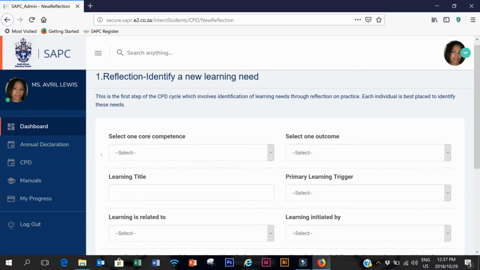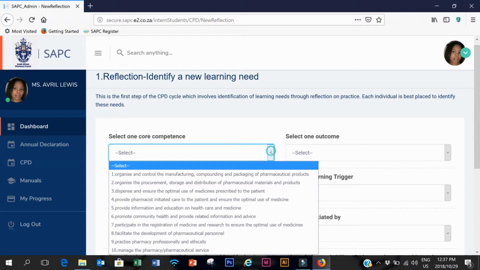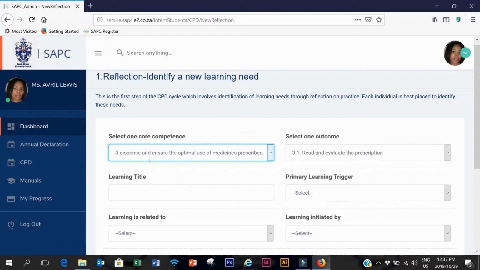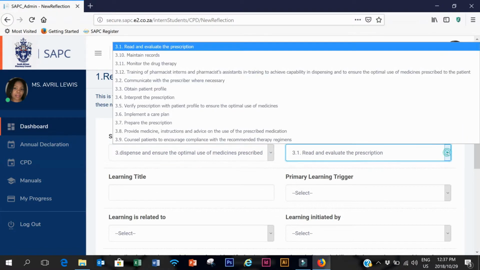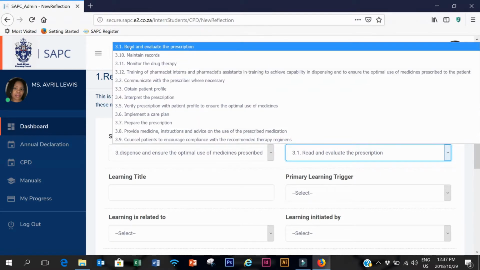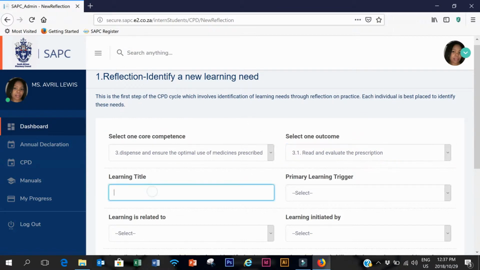So you will firstly select the core competence. So I select CS3, which is dispensing and ensuring the optimal use of medicines prescribed. I will stick to 3.1. There's a list of outcomes. So you select the one that best suits your CPD. And then you need to have a learning title, which is a free text that you must type in here,